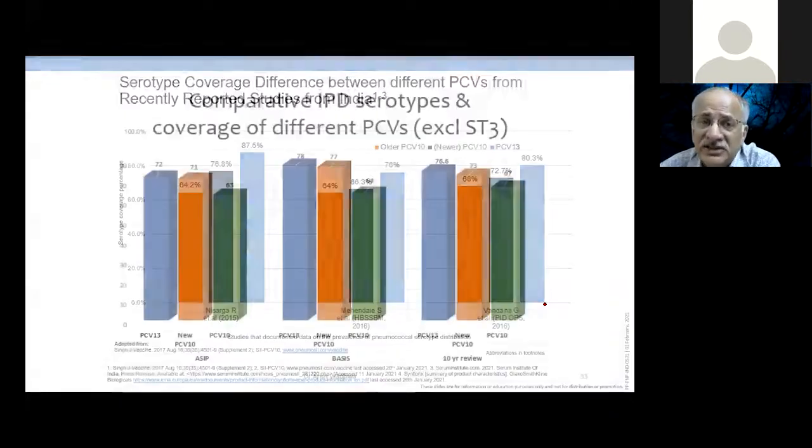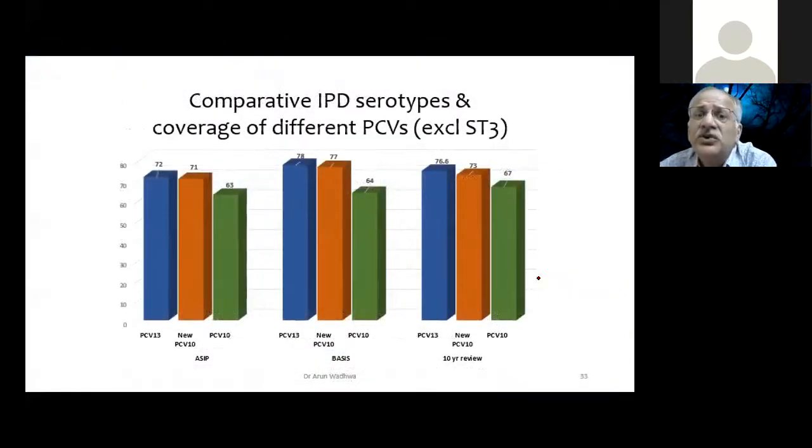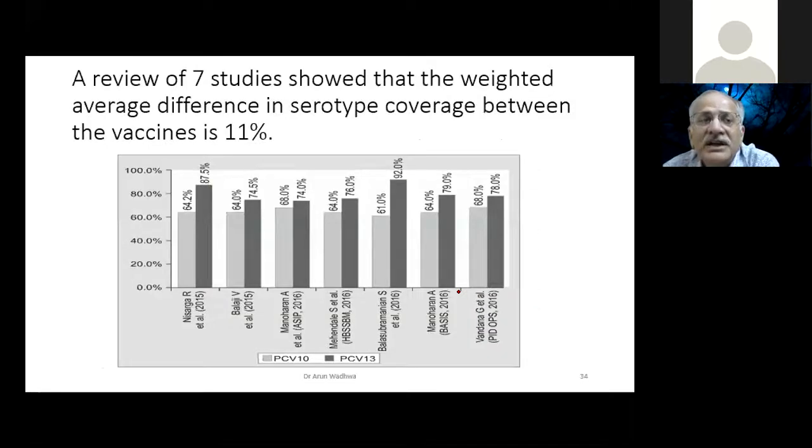But if you see larger studies, which they don't show you, because in the larger studies, the difference is much less. So the ACIP study, which is one of the largest studies, the BASIS study, and a 10-year review by Jyotsna Singh et al., 10 years of prolonged surveillance data, which shows the difference is only 72%, 71%, and 65%, 78, 77, 64, 1% difference between the new and almost 14% difference with the older one. So here also the older difference is much more, with the new the difference is much less. So in all these major studies, you can see the differences are a little less.